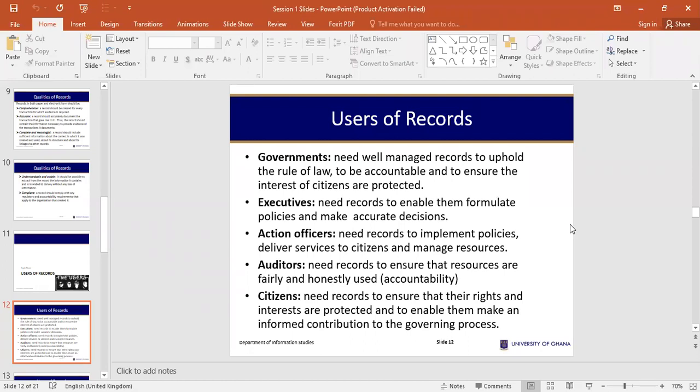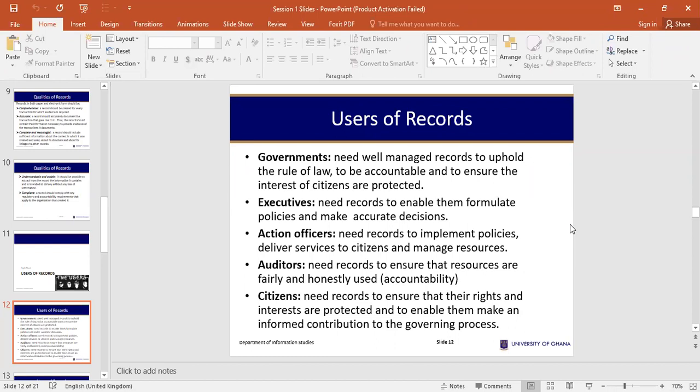So now there's a Right to Information Act that has been passed to give the citizens the right to have access to information, though not all records will be made accessible to the citizenry. Some are protected, and then to protect the citizen. So governments need records, well-managed records, and that's why we have a whole law,